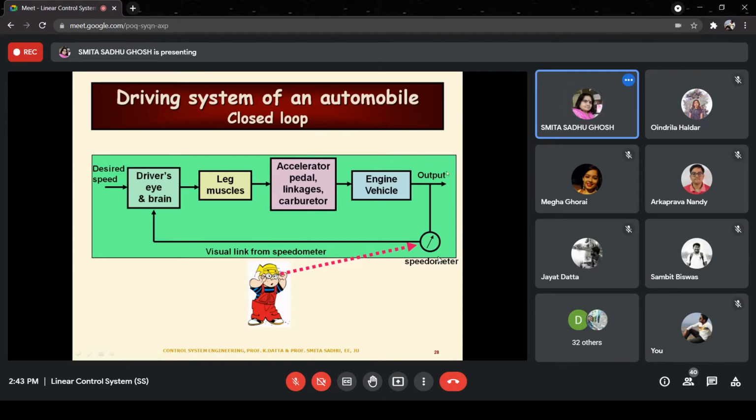So now the output value, if it is, for example, below the desired value, then again the driver